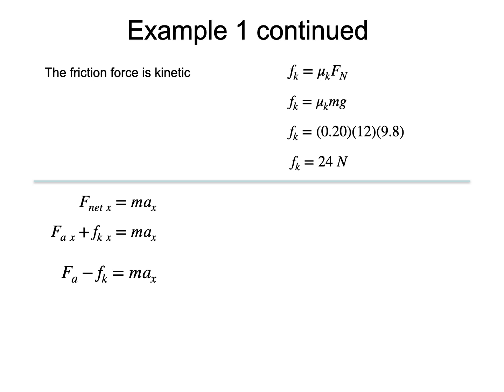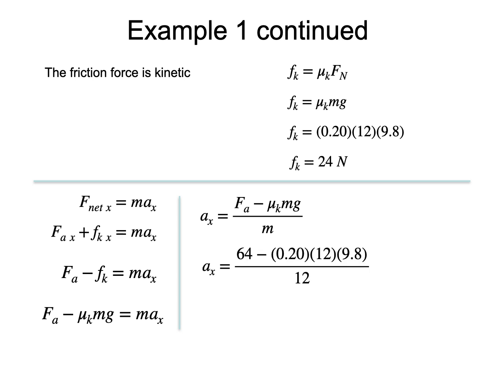We can now use the relationship of the magnitude of the kinetic friction force in terms of the other variables that we have derived earlier. Next step is to isolate for the acceleration, followed by substituting the numerical values for the givens, and the use of a calculator to arrive at a numerical value of 3.4 meters per second squared for the x component of